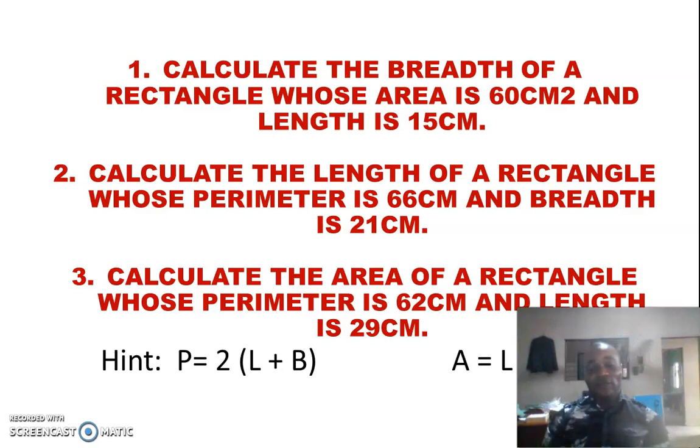So, what did you get, Samuel? The breadth of a rectangle, we say area is 60 centimeters squared, and